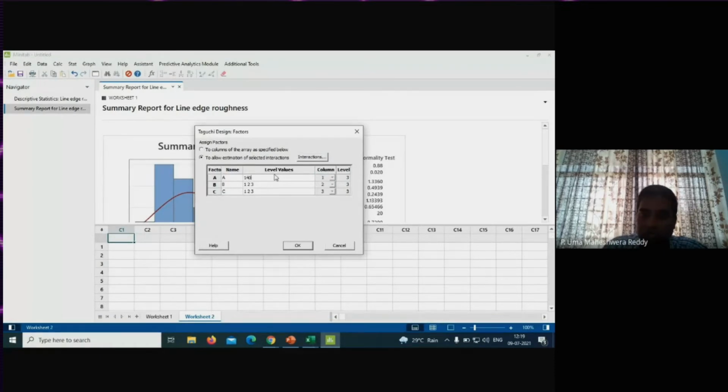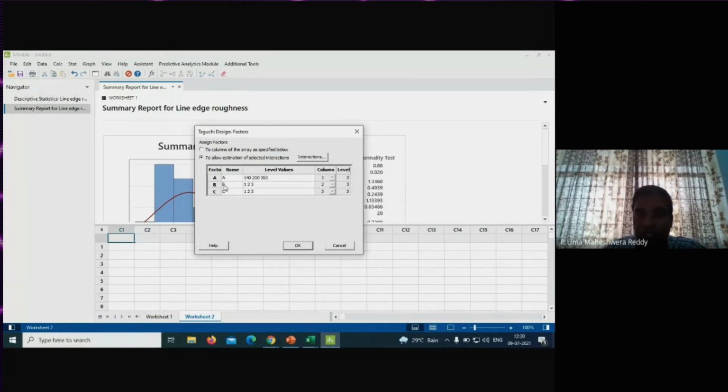While inputting the data in this window, you see there must be a space between 2 values, 140 and 200. You need to provide the space.